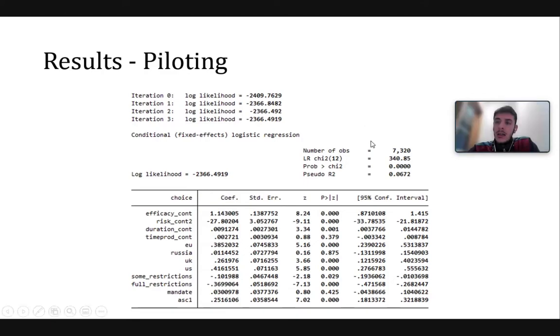Okay. Another important indicator here is the number of observations. As you can see, we have 7,320 observations. And you might ask, how did you get 7,000 observations from 300 people? That is because, as I said before, each respondent will face 12 choice tasks. So at the end of the day, we always end up with panel data. Okay, so same individuals, 12 different observations, in different times, that in this case is just different choices. Then we have our dependent variable here, the choice, and then we have the attributes.